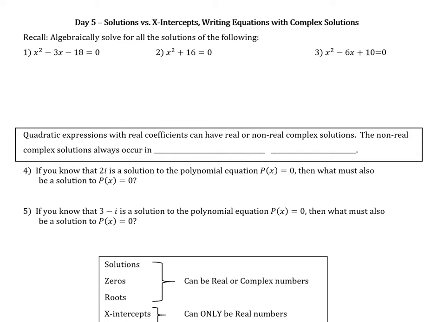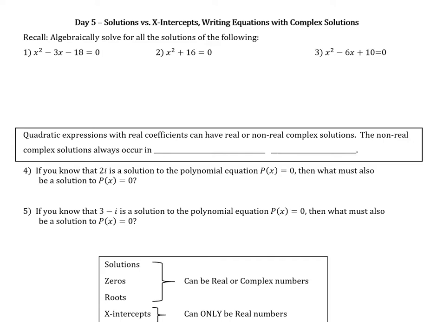Hey guys, in today's lesson we are going to talk about the differences between solutions or roots or zeros and what it means for something to be an x-intercept, and what that means in terms of where in the number system, the complex number system, your solution lies. We're also going to learn how to write equations with complex solutions using the sum and product of roots, which we actually discussed yesterday. So starting right at the top, we're going to recall how to solve algebraically for each